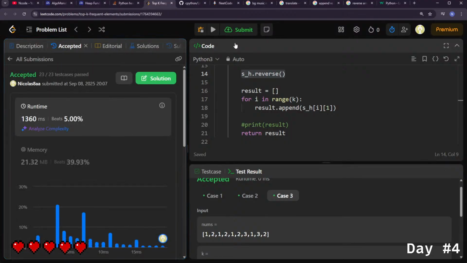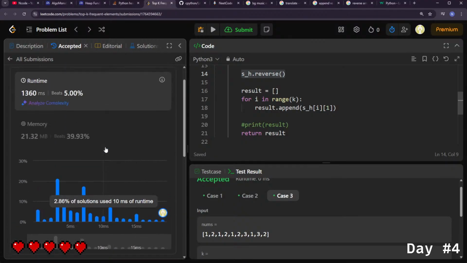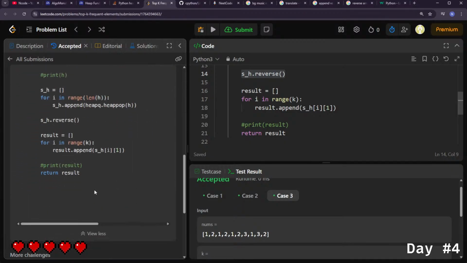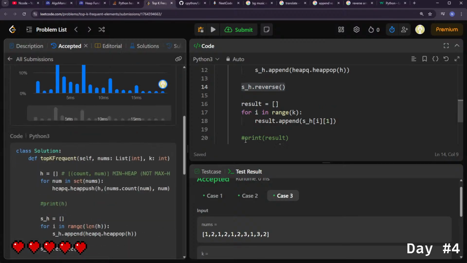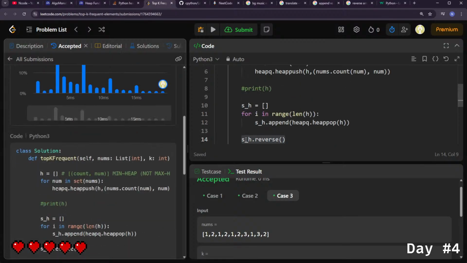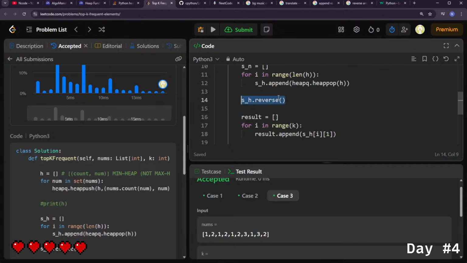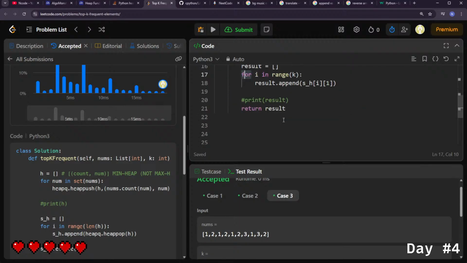It's even worse than before. Shit. No, it's real trash. I don't know if it's because of this reverse method, I guess. Yes. So we are not going to reverse anything. We will need just to